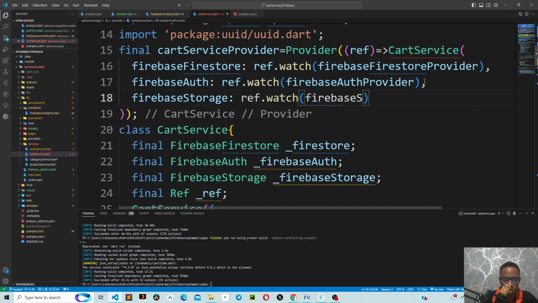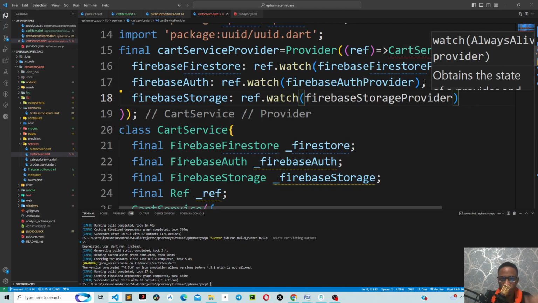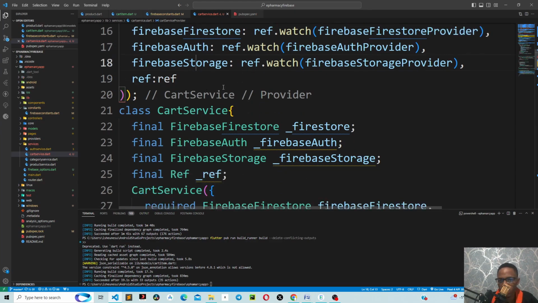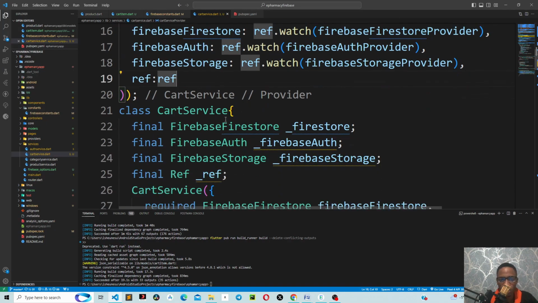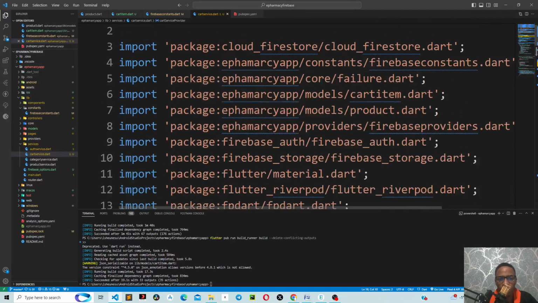Firebase storage provider, and then reference. Okay, like this. Okay, so in the next section we are going to be taking a look at the